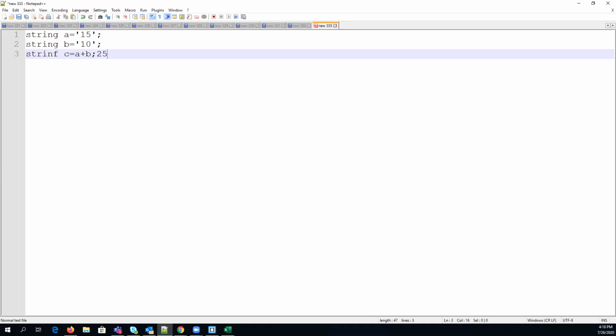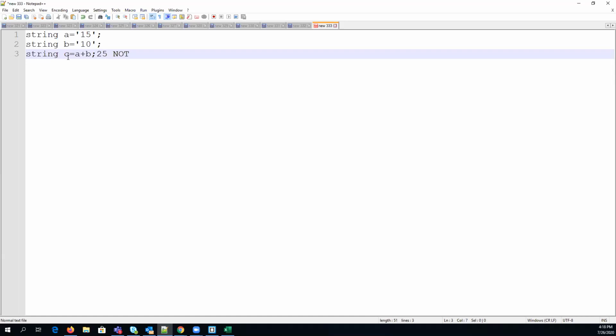Yeah, no, but it should be 50 plus 10. Yes, absolutely right, Randeep. So the result will be A plus B, 15 plus 10. As we have typed these variables as strings, and Apex is a strongly typed language, right? Then what it will do is concatenate both these values, so the result will be 1510.